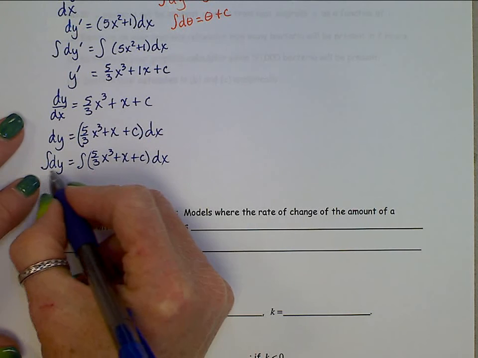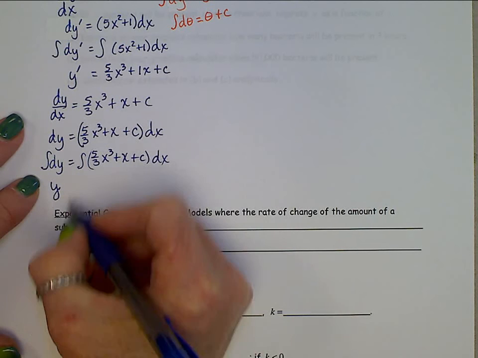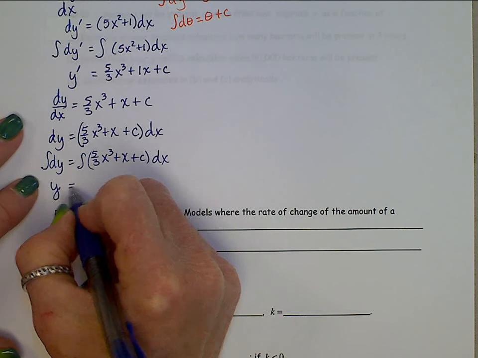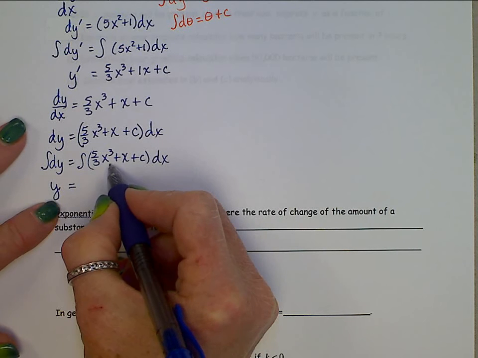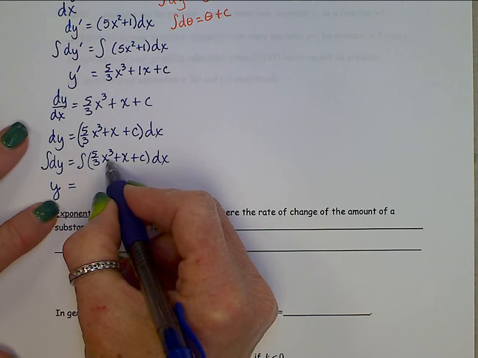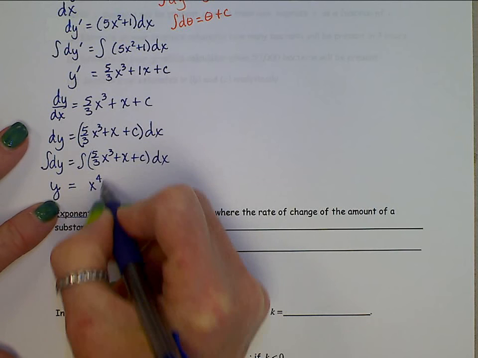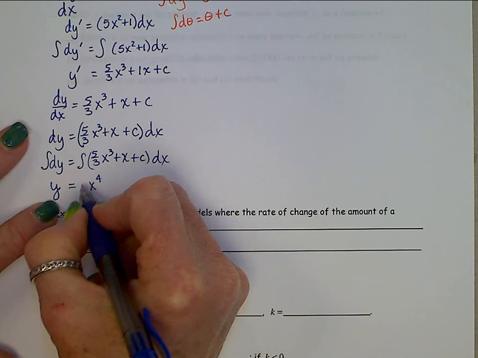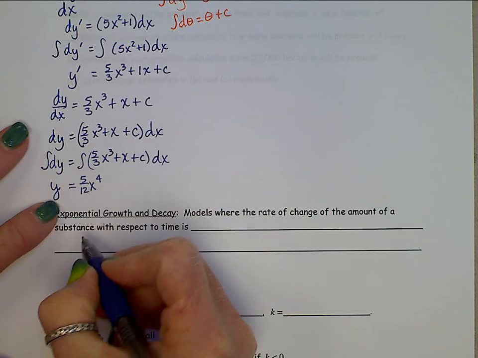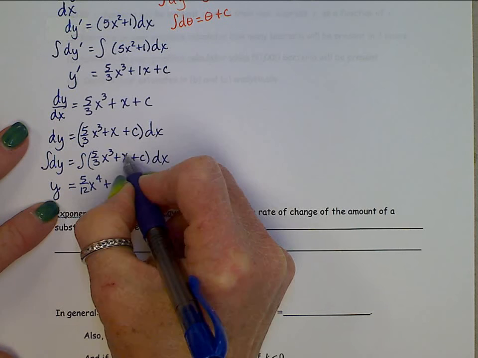Left-hand side, y plus c, but that c is on the other side. Over here, when we anti-differentiate this side, it's going to be an x to the 4th. Divide by that new exponent, that's going to give us a 5/12 here, plus the antiderivative of an x, half